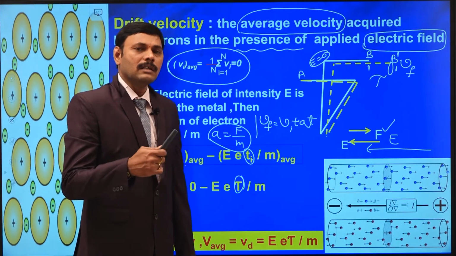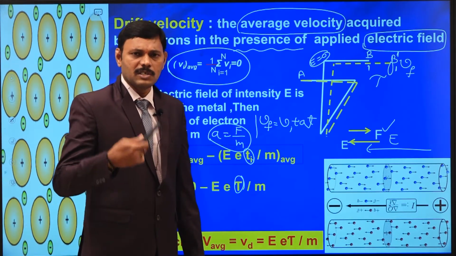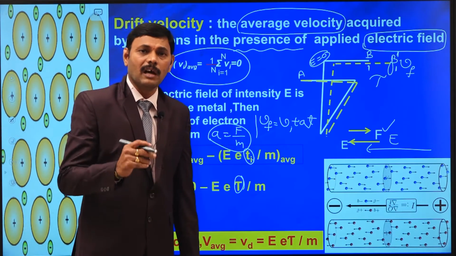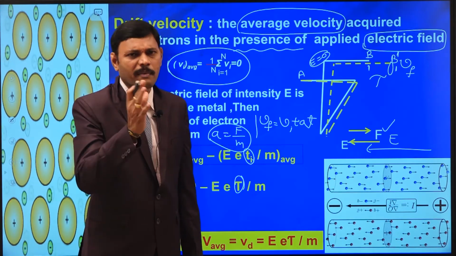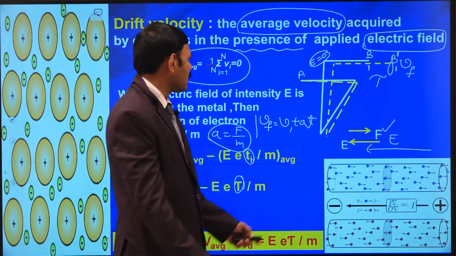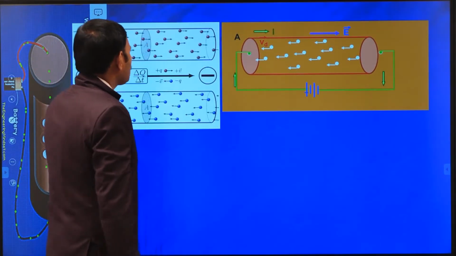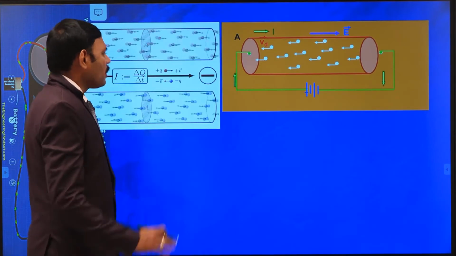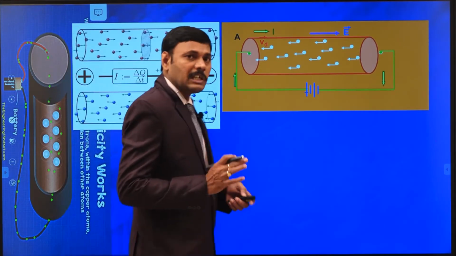Then the average velocity, that is drift velocity in the presence of electric field, is of the order of 10 power minus 4 meters per second. Remember students, it is of the order of 10 power minus 4 meters per second. So let us move on to the important derivation, that is the relation between